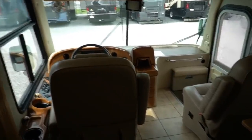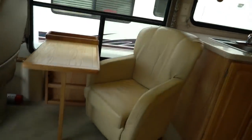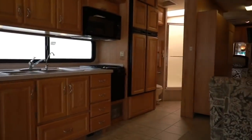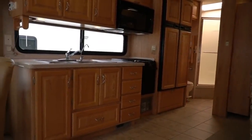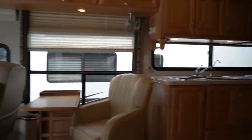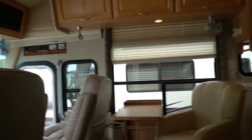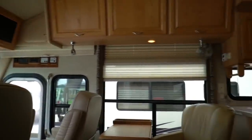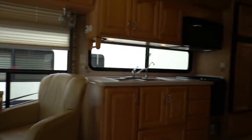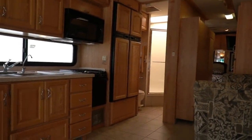32,000 miles. Got the Atwood leveling system. I mean, they just don't come much nicer than this for an '07, folks. They really don't. $69.9, will trade. Includes a 90-day nationwide limited warranty that we purchase on your behalf, so you have peace of mind and you can extend it very affordably, folks. $69.9 haggle free, includes a